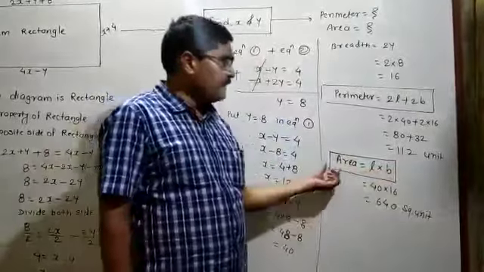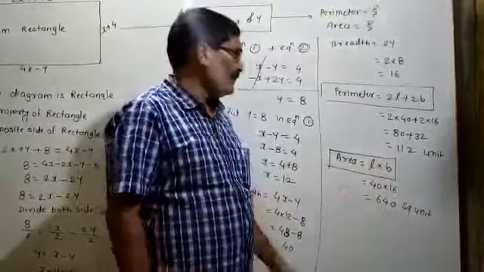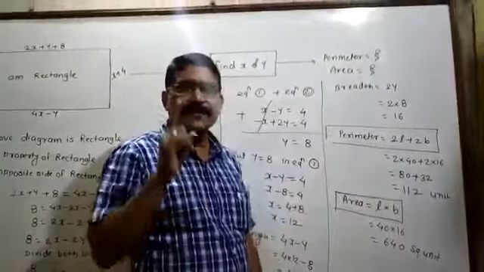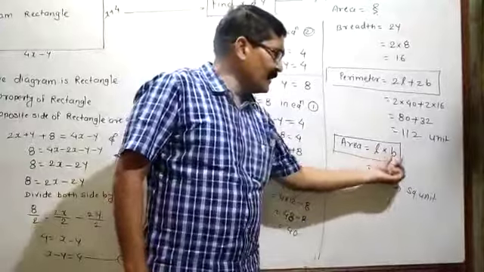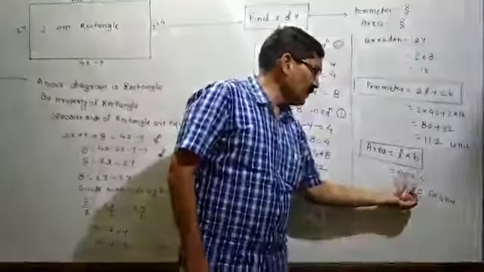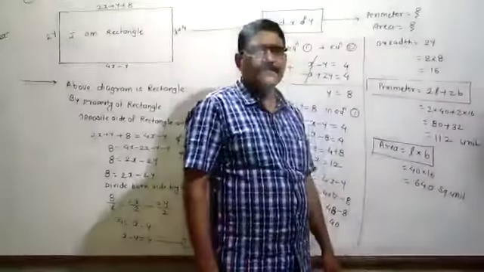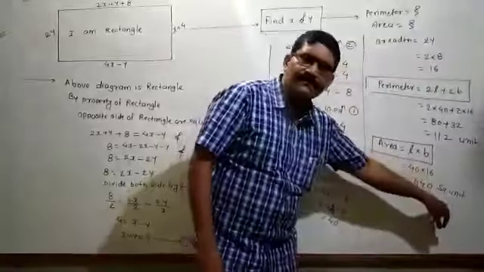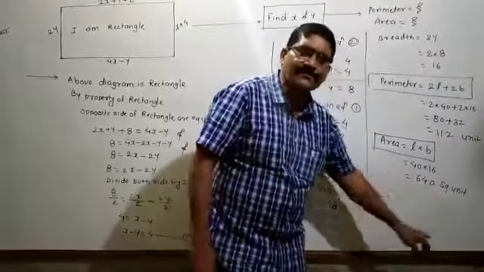Then area is equal to length into breadth. Area of the rectangle is equal to length into breadth, and perimeter of the rectangle is equal to 2 length plus 2 breadth. So you will fill in these values of the length and breadth. Length as 40, breadth as 16, and 16 multiplied by 40 is equal to 640 square units. The area unit will come as square, in square meter and square centimeter. If the unit is not given, at that time you have to say square unit.